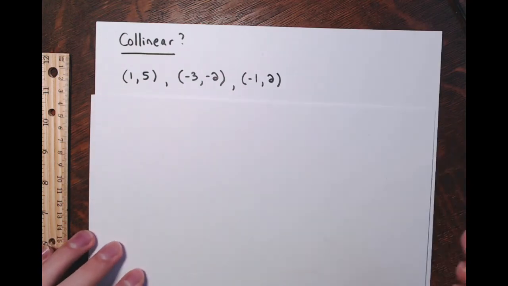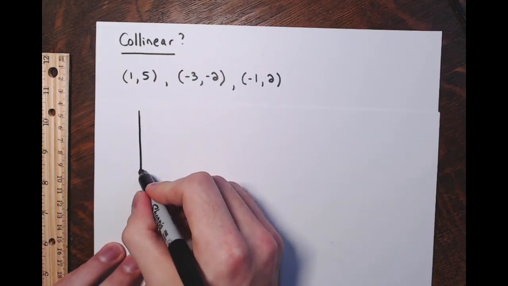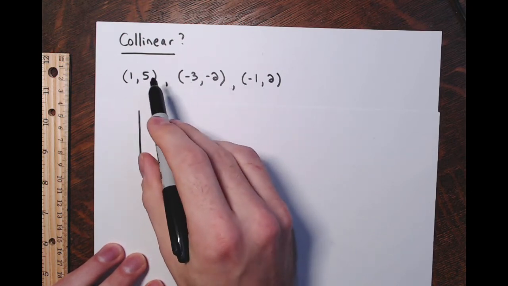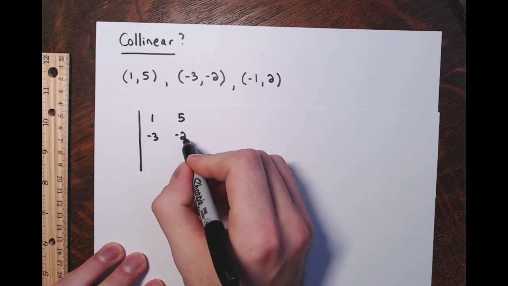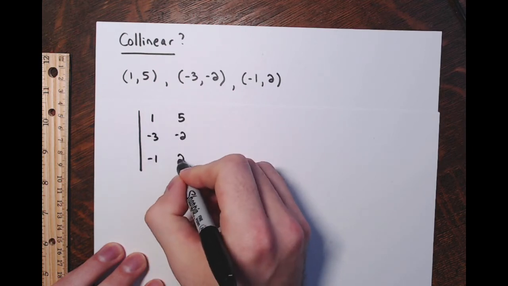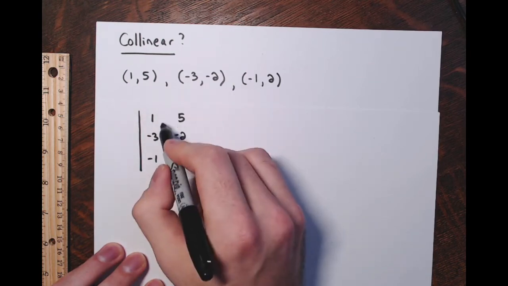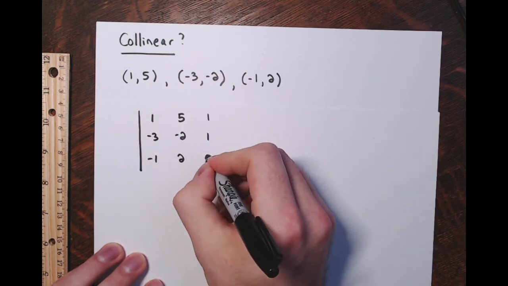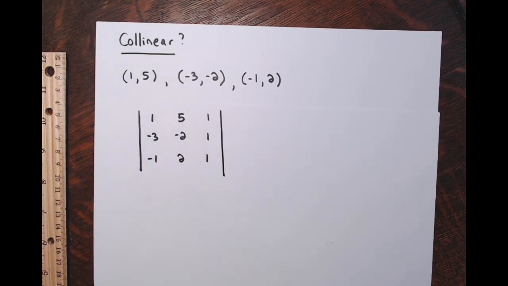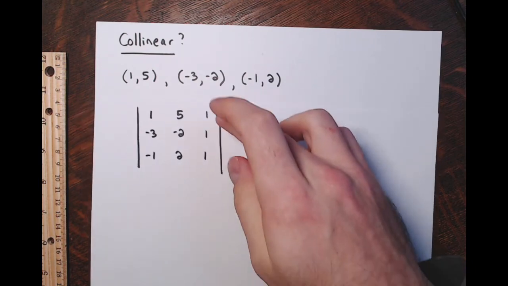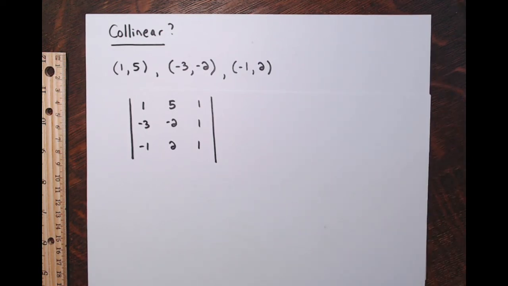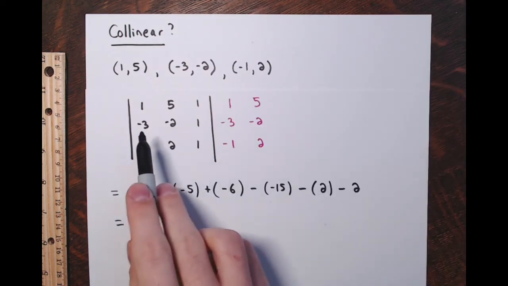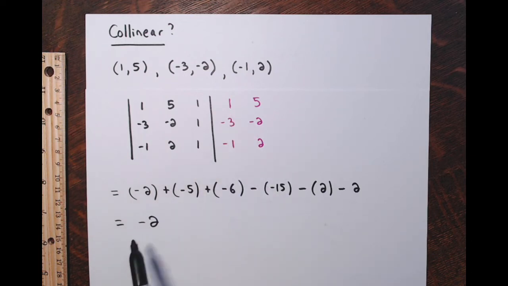All right, but let's see. So I take the determinant of the matrix where I just put these points 1, 5, -3, -2, -1, 2. I put the 3 point coordinates down the first 2 columns, and then I put a column of 1s. All right, and let's find this determinant. So again, you would copy the first 2 columns, do all those diagonals. I'm just going to come back with it when I'm done. All right, so I wrote it all out, and the determinant is -2,